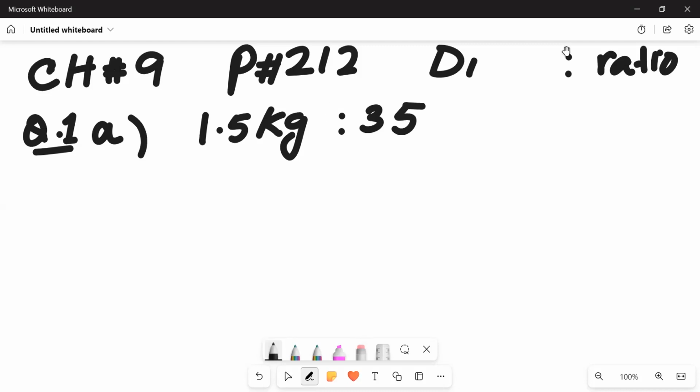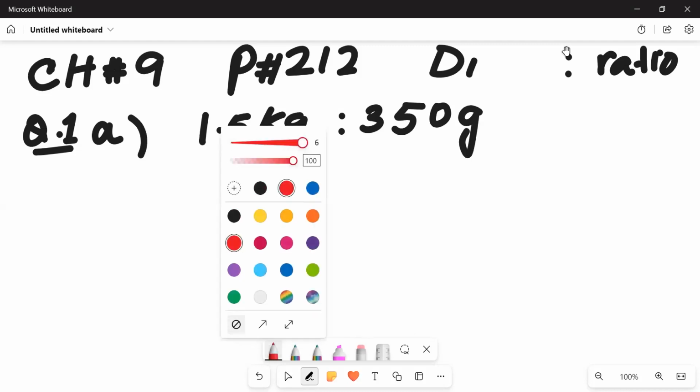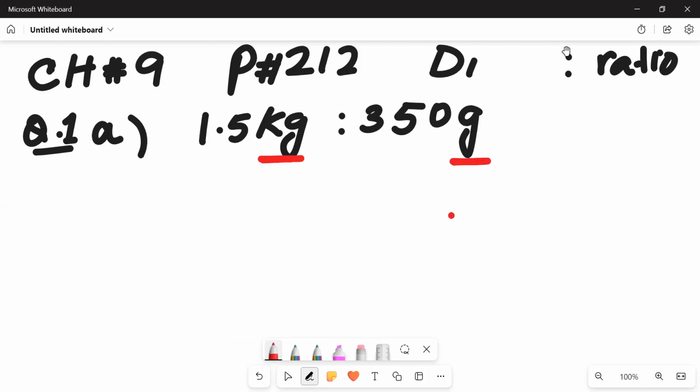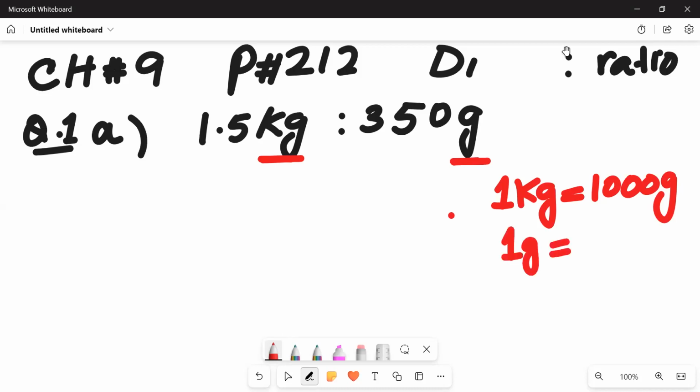So it is 350 gram. Look at the board, one quantity is in kg and the other quantity is in gram. So we have to change both of them into the same measurements. If we change kgs into grams, then 1 kg is equal to 1000 grams. And if we change grams to kg, then 1 gram is 1 over 1000